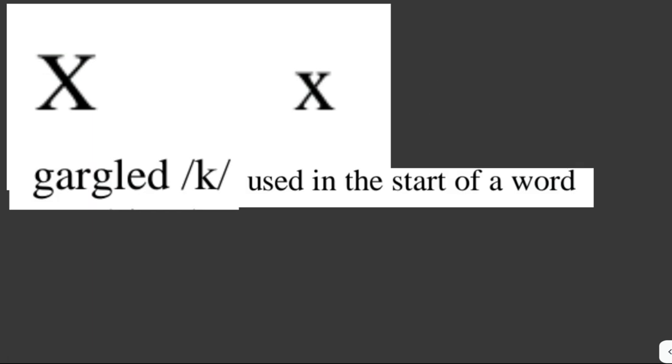And then we have letter X. Letter X in Spanish is pronounced in two ways. It can be pronounced like a gargled K, as in German, Bach, when used in the start of a word. So one way to pronounce the letter X in Spanish is like a gargled K when used in the start of a word. For example,